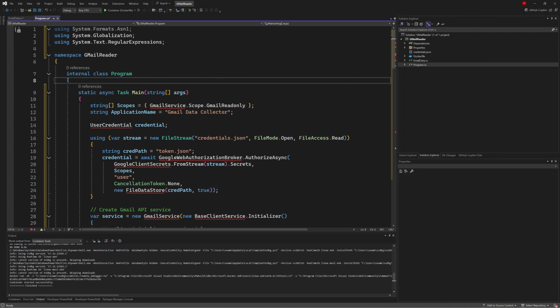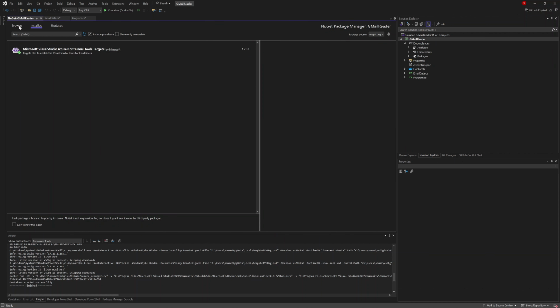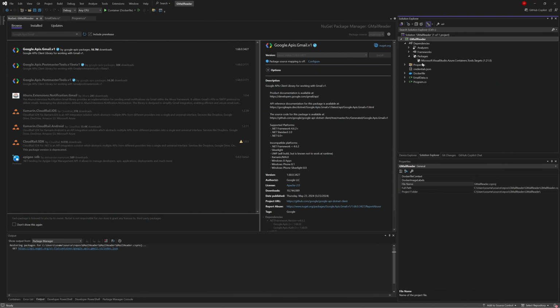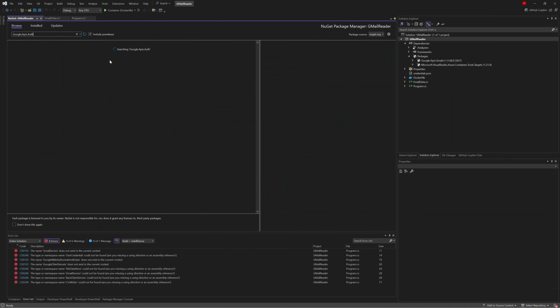Okay, so now I need to add the required NuGet packages. So let's go and browse. I need to add 2 NuGet packages for Google. So let's paste. One is this Gmail, so let it install. Once this is done, I'm also going to add another package for Gmail, which is for authentication. The JSON file that you can see will be used for authentication. So let this one finish. Okay, done. So now let's add the auth,